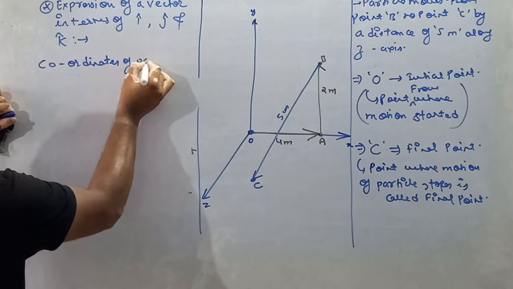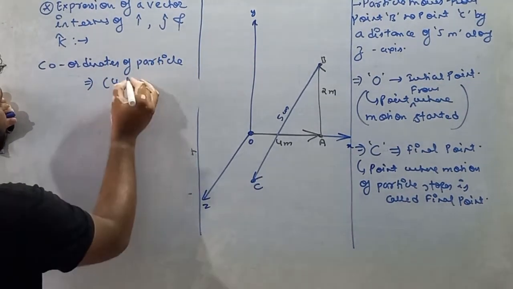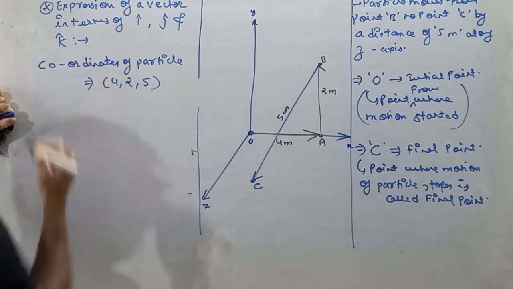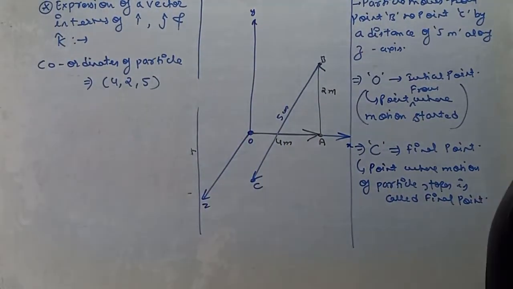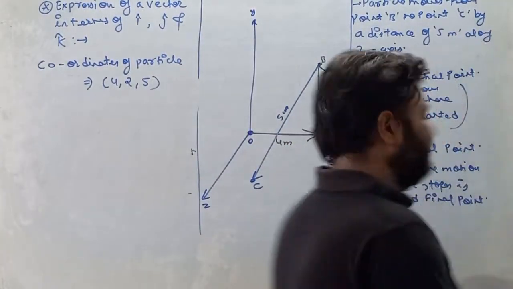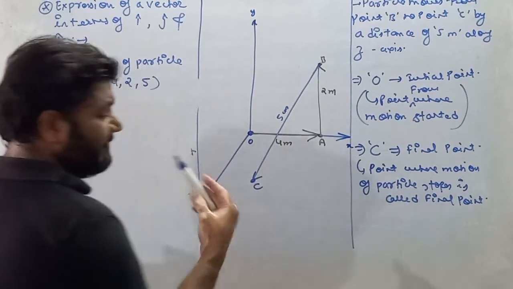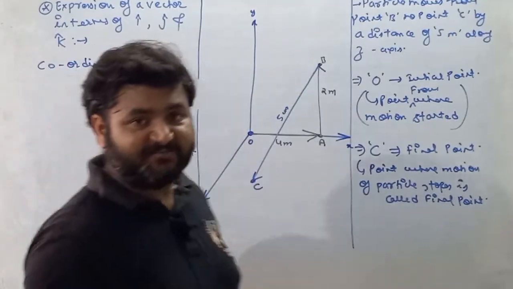coordinates of particle is 4 along x, 2 along y and 5 along z. So the coordinates of the particle is 4, 2, 5. Now see my dear student, if I wish to write these dimensions in vector form, then we